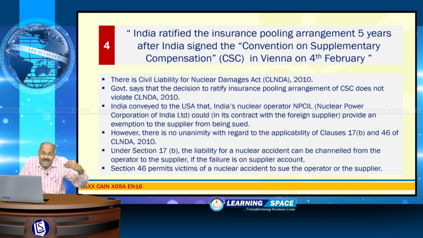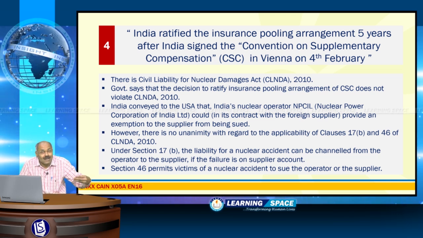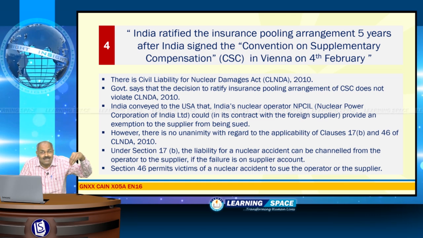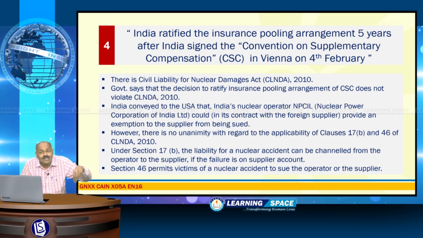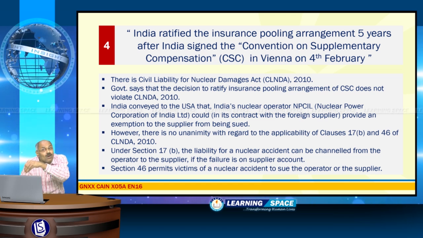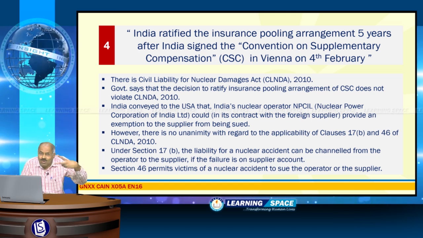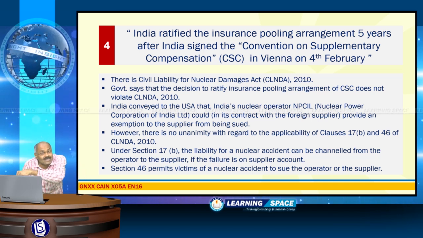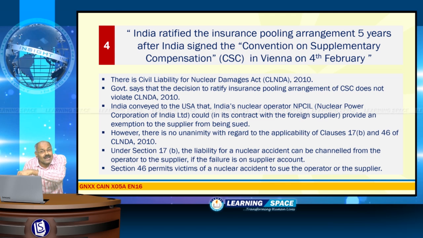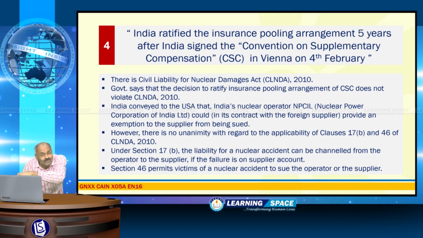So, if some nuclear accident takes place, under section 46 of CLNDA 2010, the victims can sue the operator or the supplier. So, these two clauses specifically say nuclear supplier is also responsible and he can be sued for paying